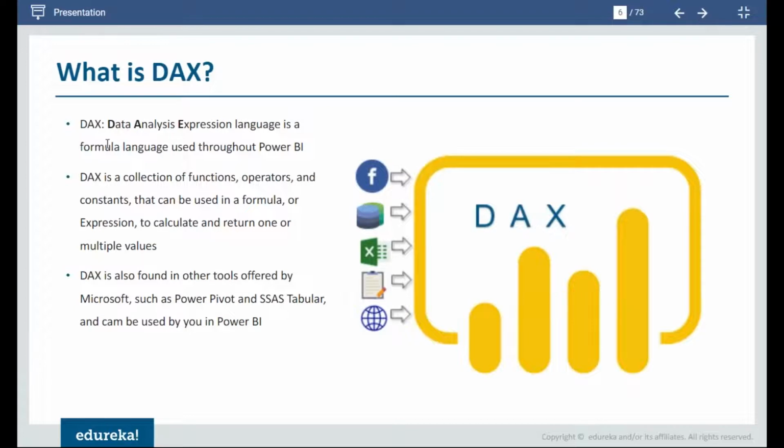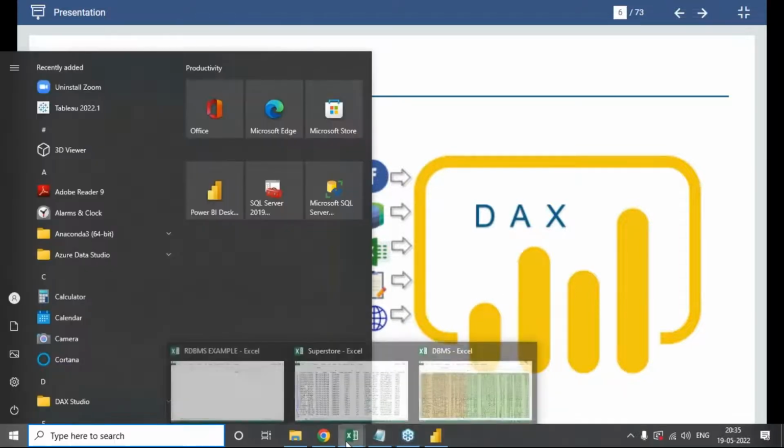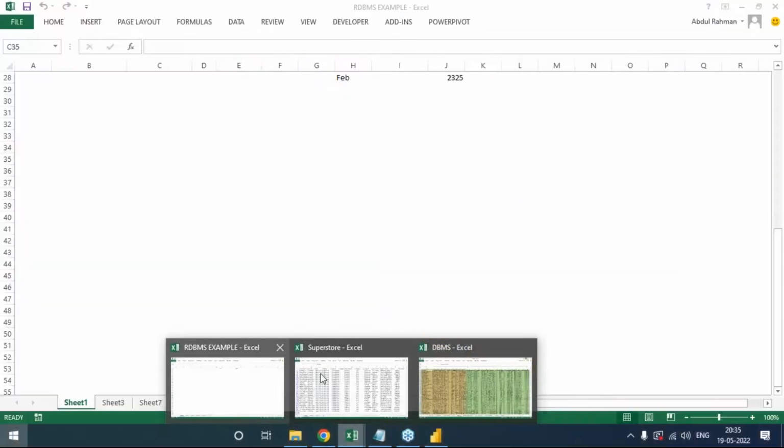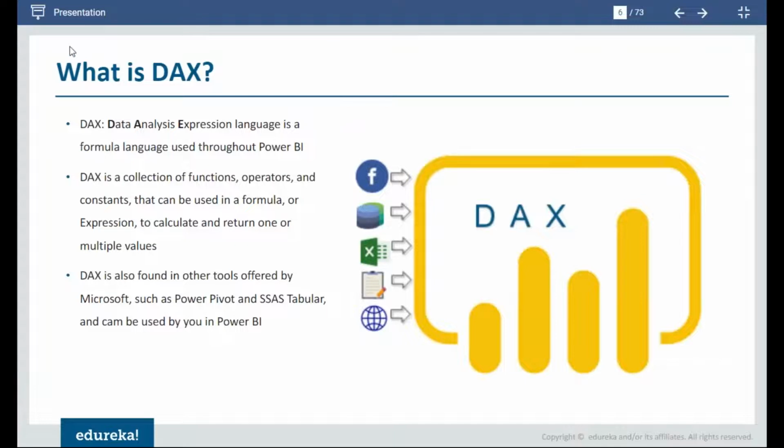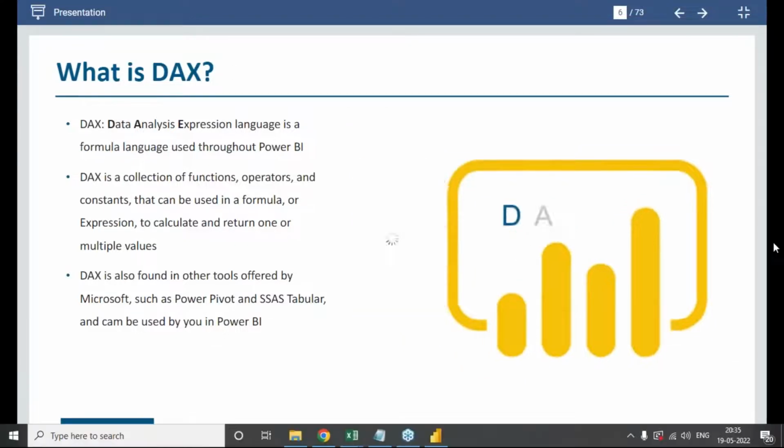So what is DAX? It's data analysis expressions. Every BI tool has something like it. If you look at SQL in a database, we write functions. In Tableau, we call it a calculated field. In Excel, we write functions and formulas, right? Let's assume this is my Excel workbook. If you go to formulas, we write formulas, basic summation, average, everything we have here. In the same way, in Power BI also,